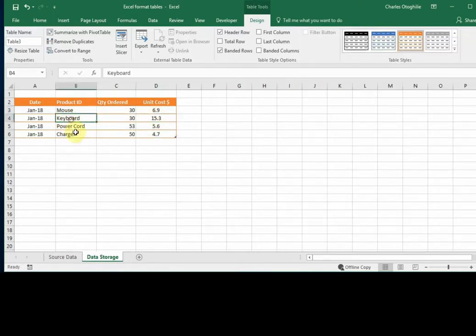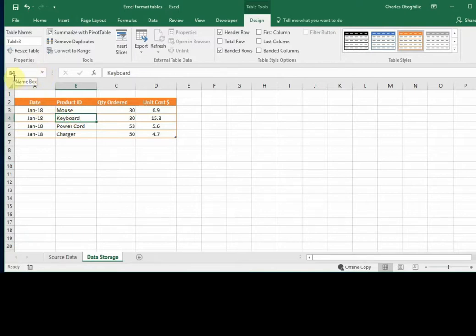Now, one other thing I want you to understand about these tables is, if you look right here, you're going to find something like a love sign here. Now, what that does is that it helps to define the range of your table. So, talking about the range of our table,